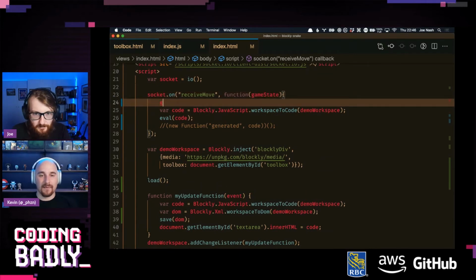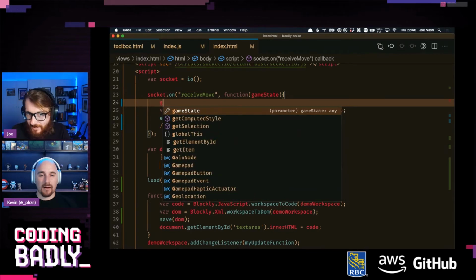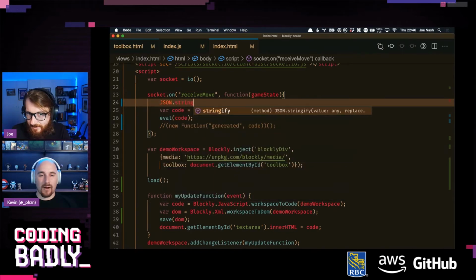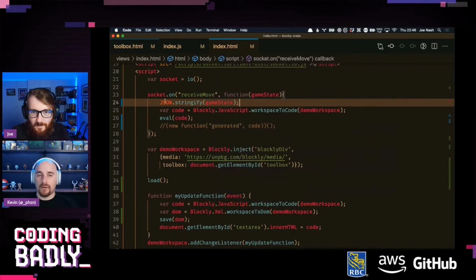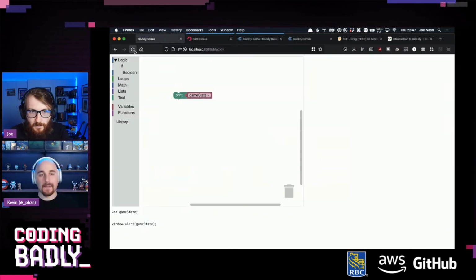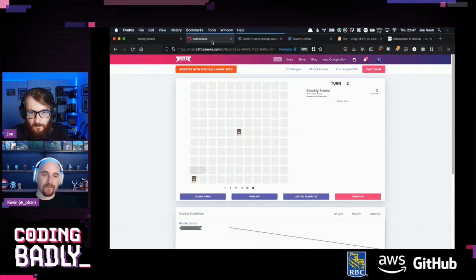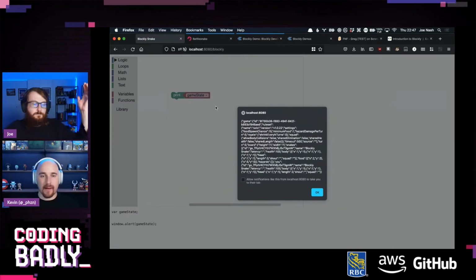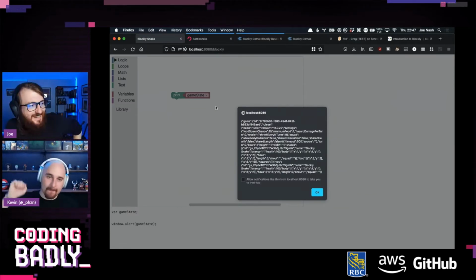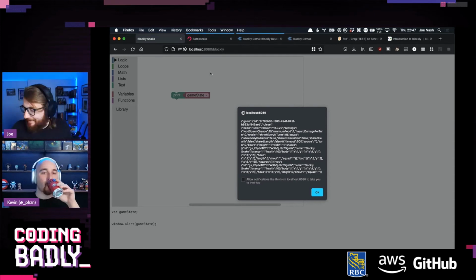So we just do game... Is that a modification in play? Stringify... I can't remember if that's legal. Oh, no, you do need to assign it to a variable. Yeah. But can you do that? Game state equal... I mean, we'll find out imminently. We will find out. Yeah, cool. Daz, you're the best! We're using eval! People are going to be mad.